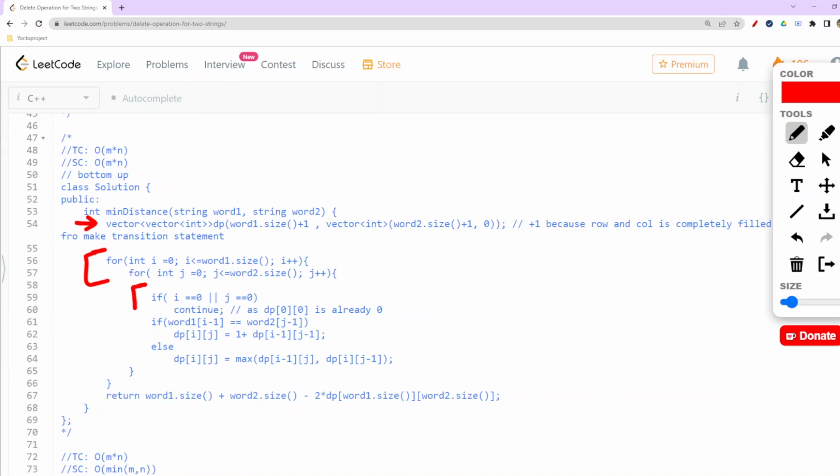Now again, the condition is the same. When i equals 0 or j equals 0, we need to continue, because we have earlier initialized each and every row with 0. So dp of 0, 0 is already 0, and we just continue and go ahead. Then if both characters are equal, we assign the way we were doing previously. Else we check for the maximum out of both. At the end, we use the same formula as till now, but earlier we had a function call, and here we go ahead with the dp vector,